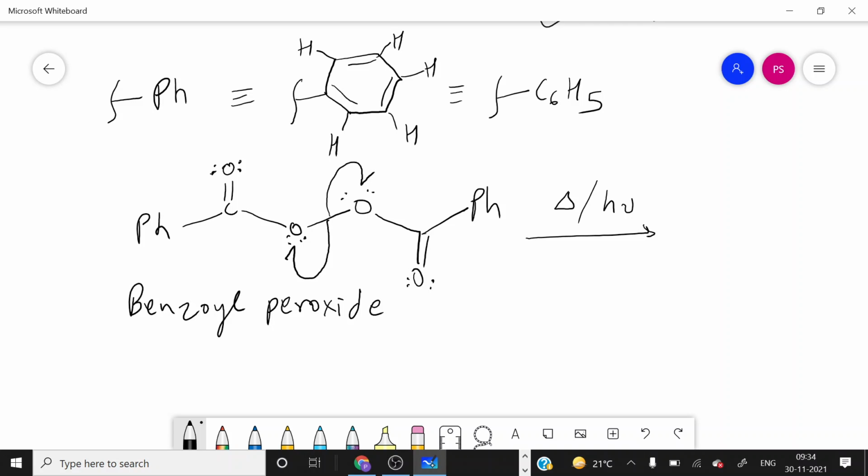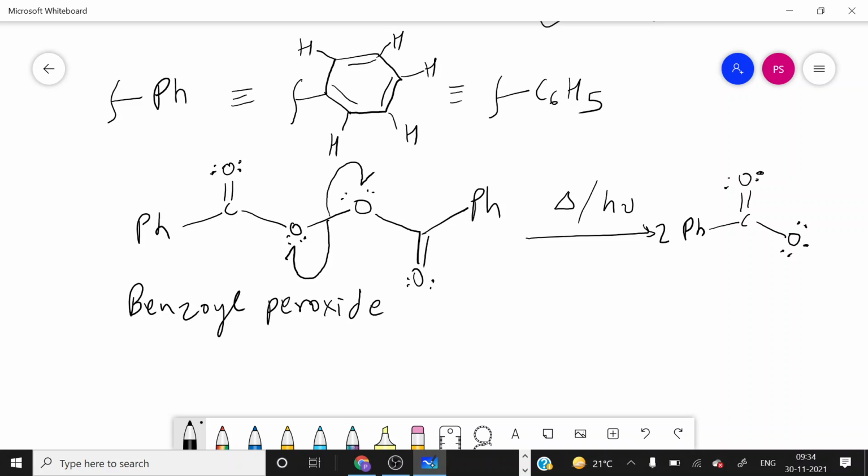So what I will get here are two equal parts after breaking the peroxy linkage of benzoyl peroxide. One single bond means two electrons, one electron shifts on the left oxygen and one on the right oxygen. So we get here 2 times Ph C double bond O